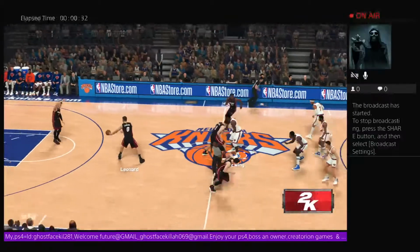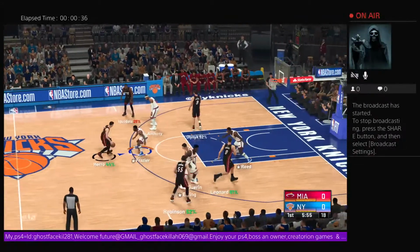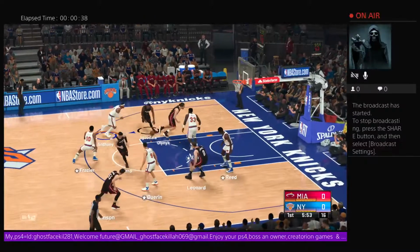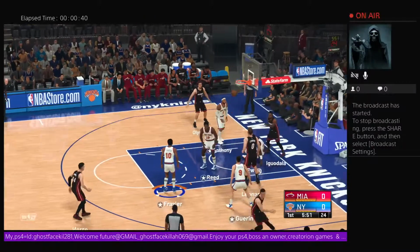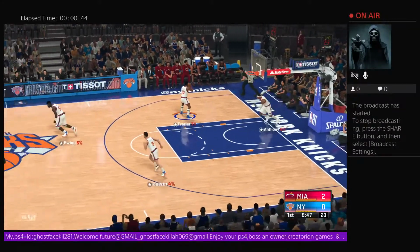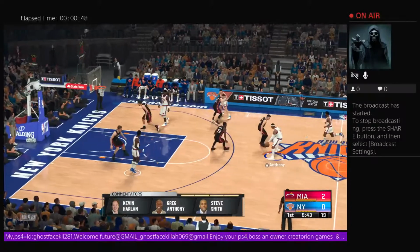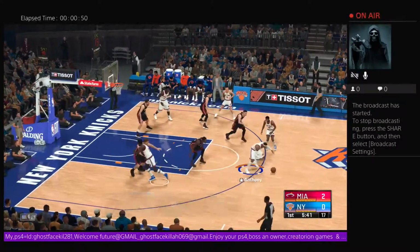It'll be the Heat off the tip. So here's Miami's starting group. They've got Iguodala. Robinson is out there with Hero. Then it's Kelly Olynyk, and it's Leonard in at the power forward. That's what Andre gives you out of the backcourt. Versatility, size, and he competes. He's also...